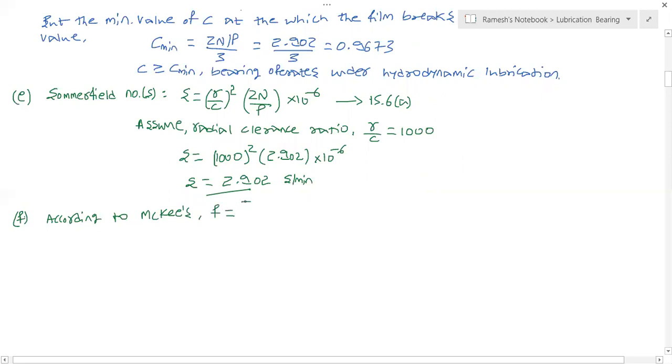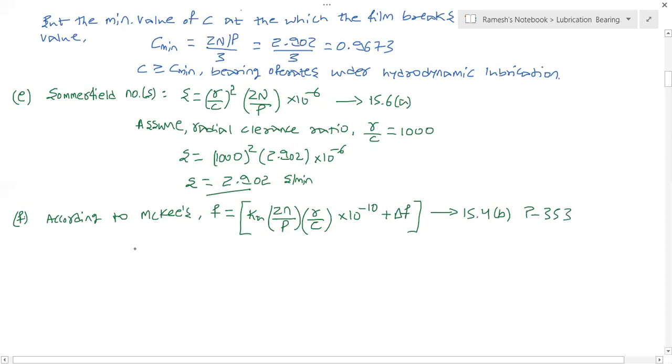Coefficient of friction: some of the textbooks have taken it as mu. In your data book it is given as F, so I will take it as small f. This equation is there in your data book, and I'll be taking that directly. I'll be writing the equation. What is the equation number? This is small c, 10 raised to minus 10, plus delta f. This is there in your data book. It is equation 15.4b, which is there on page number 353.